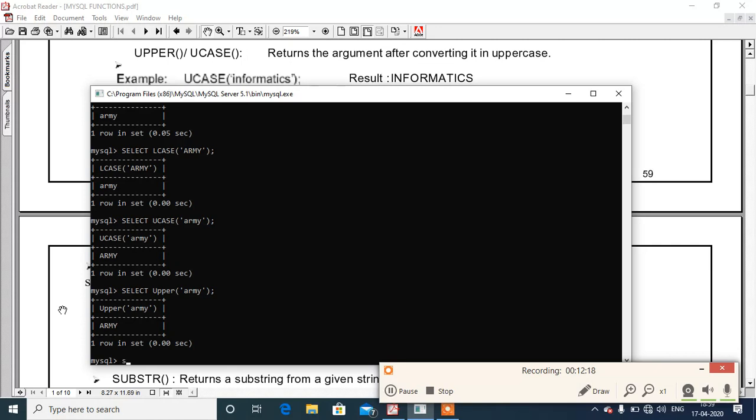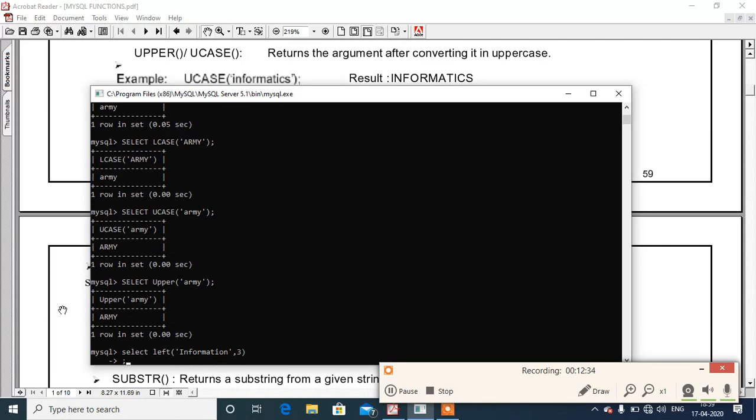So suppose we are writing select left bracket single quote information single quote close comma 3, we will get I, N and F as a result, because this starts from the left and takes 3 characters.